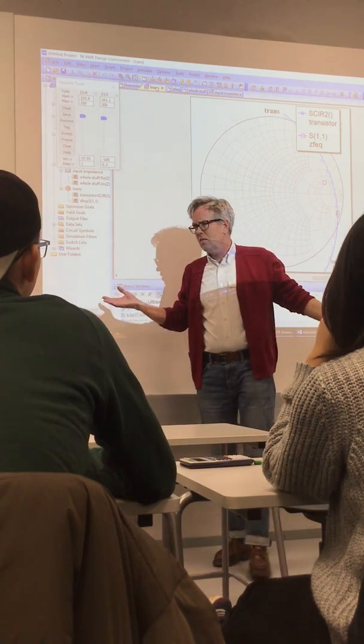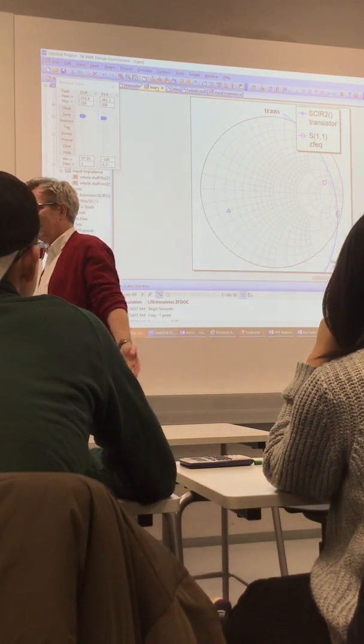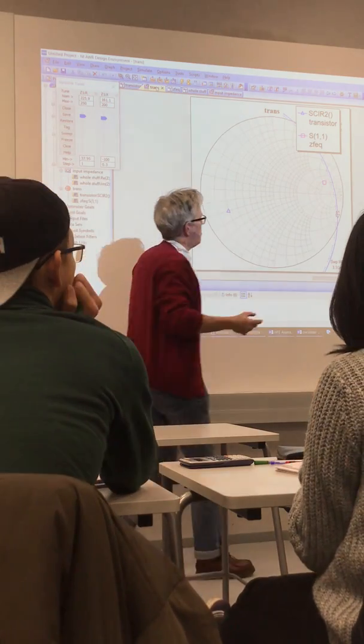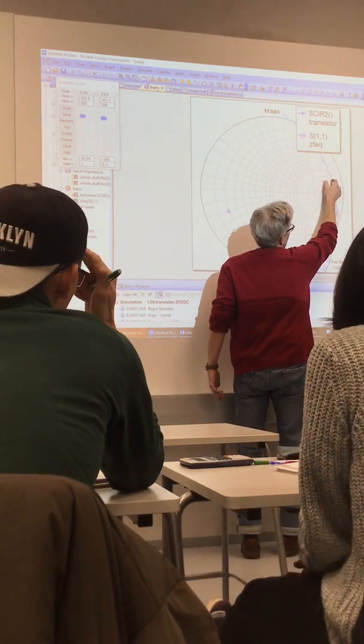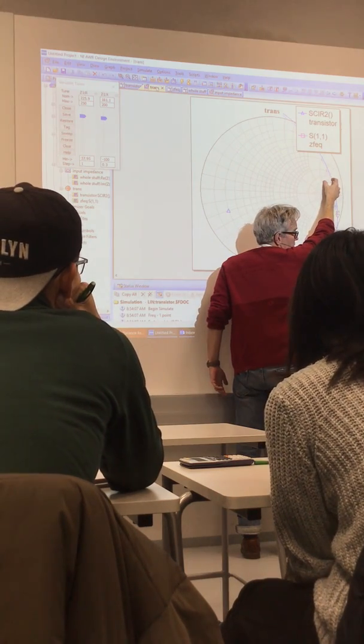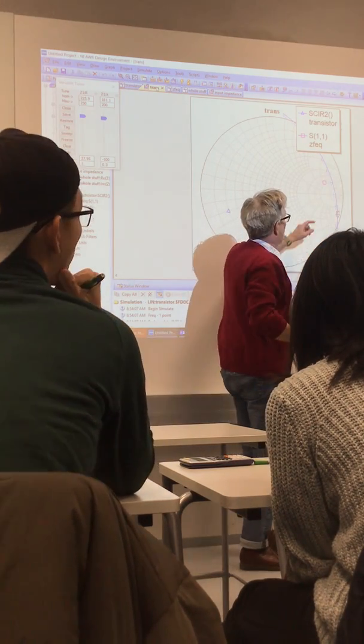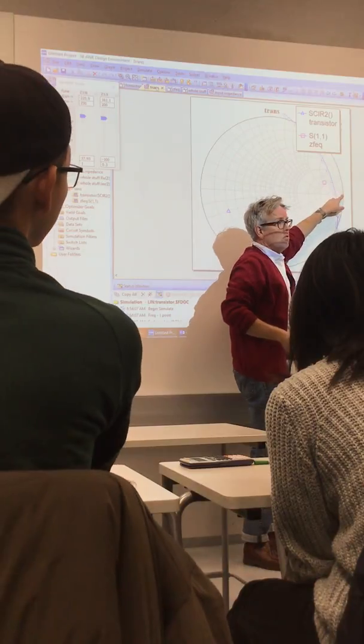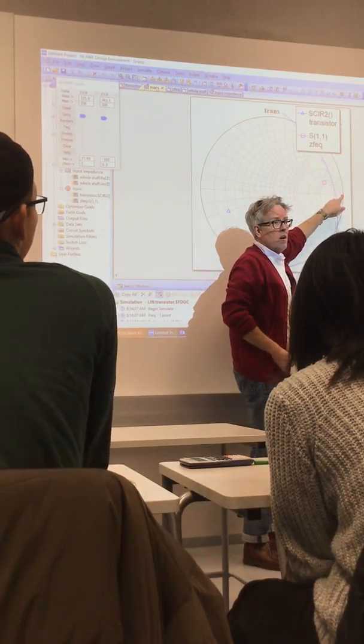And then it won't be an oscillator. So there should be even more distance. But notice, we are very close to this point, where the